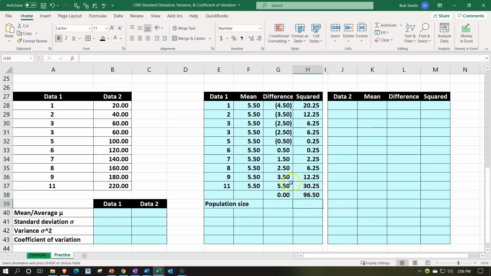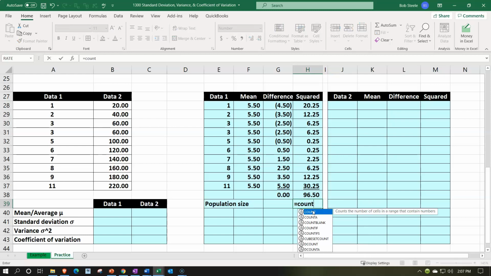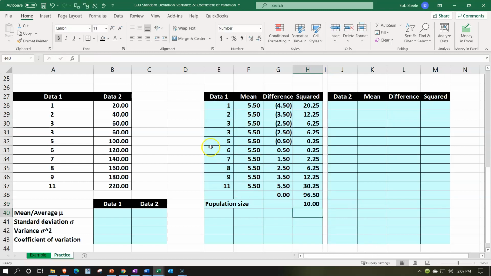So let's put some underlines under these two, font group and underline. Population size, we just count the items in the population. So I'm going to use the trusty count function this time, count. I want to count these items from here to here, and then enter, and that's 10. 1, 2, 3, 4, 5, 6, 7, 8, 9, 10. That's all it did. And there's the 10. Let's underline that. Population variance then. The population variance is going to be equal to the 96.5 divided by the 10. So there we have the